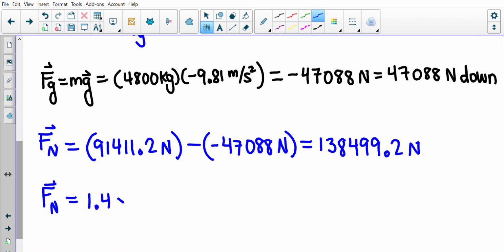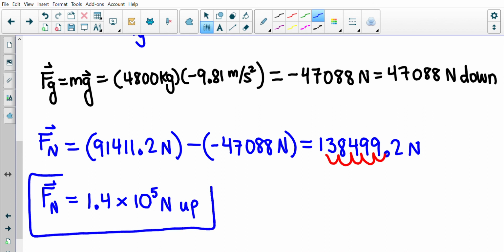And so for my final answer, for the normal force to two significant digits, this is going to be 1.4 times 10 to the power of 5 newtons. And because it was positive, also from our free body diagram, we know that the normal force here is